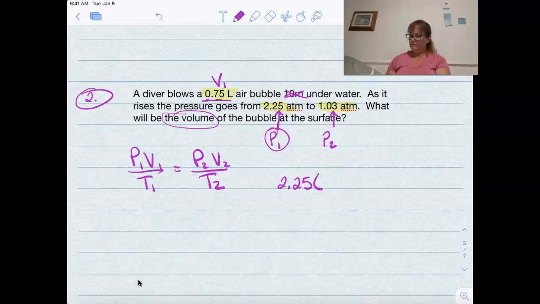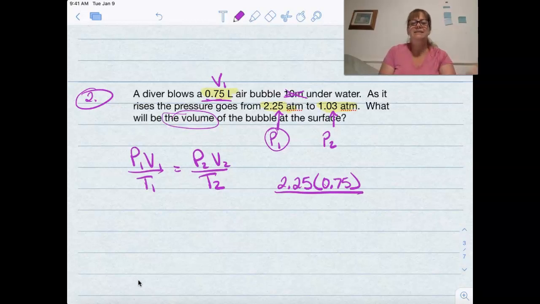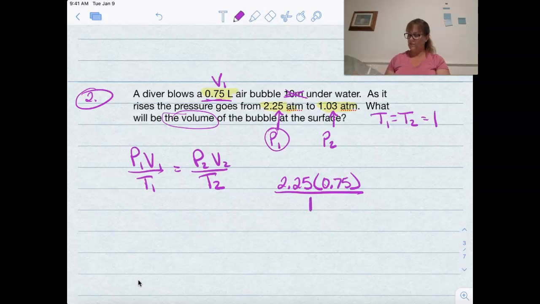V1, 0.75 liters. What's our T1? Temperature isn't measured here, therefore we can assume it's constant, which means T1 equals T2, which means you can choose any temperature. I'm choosing a 1 because that's the easiest. 1 Kelvin